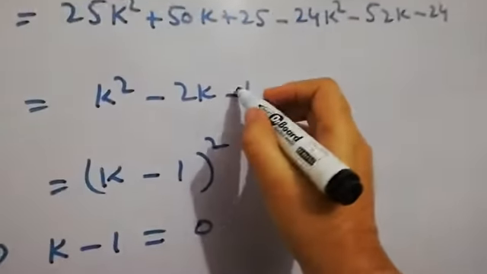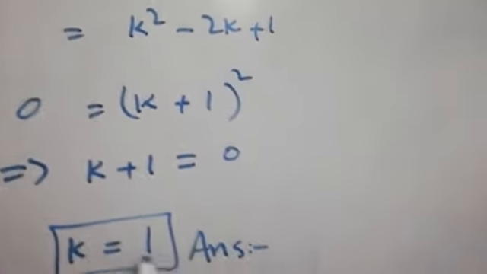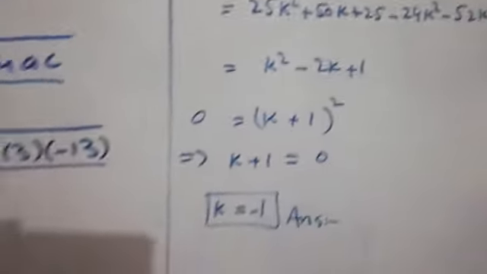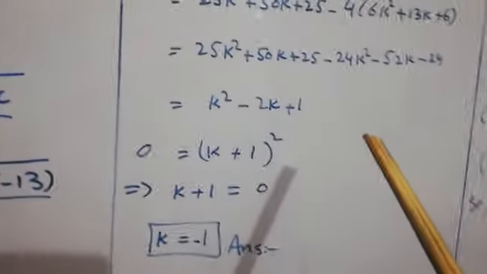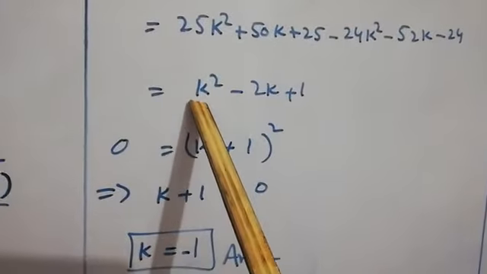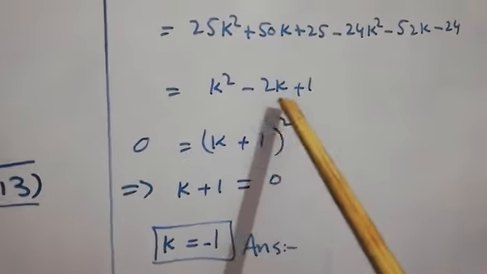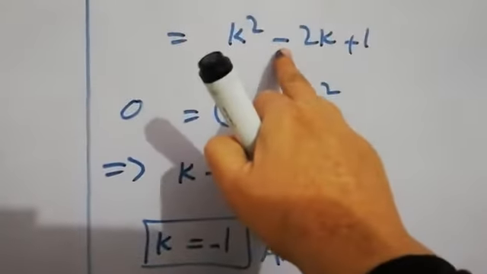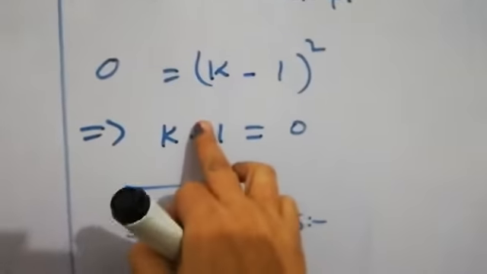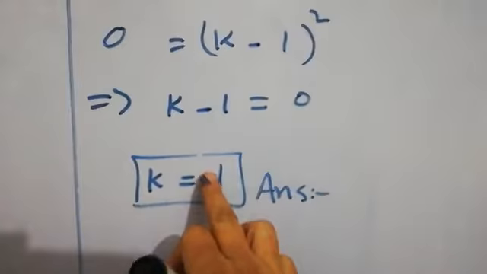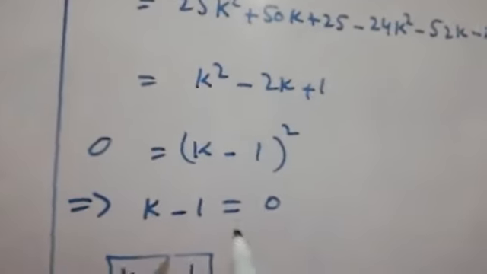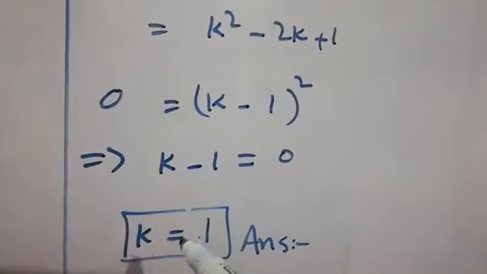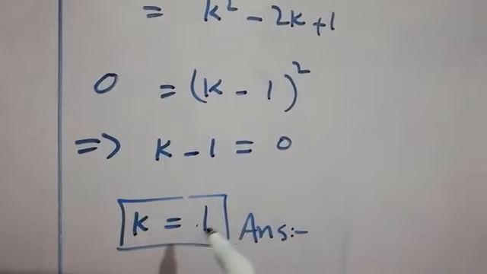So here this is plus 1, okay, this is a positive value, k² − 2k + 1. It is the formula a² − 2ab + b². So it will become (k − 1)². Dear students, since there is a negative value, we will put here minus 1, and (k − 1) whole square is equal to 0. When we take the square root on both sides, we will get k − 1 = 0, and after this we will find the value of k, which is equal to 1.